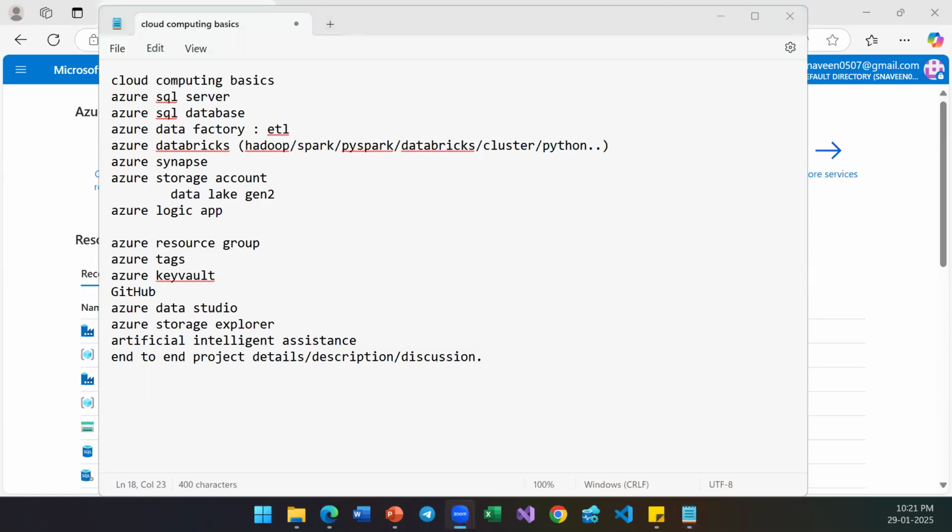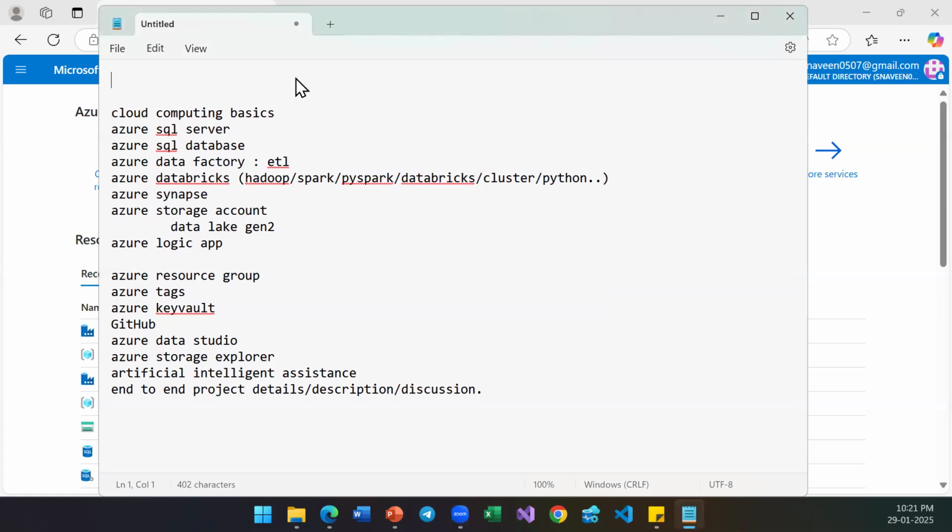Hi Shiva, my doubt is that I'm completely new to Azure Data Engineering. I don't have any knowledge of it. I'm a working professional, but I work as a developer in some other area. This is completely new to me, but I want to switch my career to Azure Data Engineering. How can I tackle this? Is there any prerequisite required for this course?